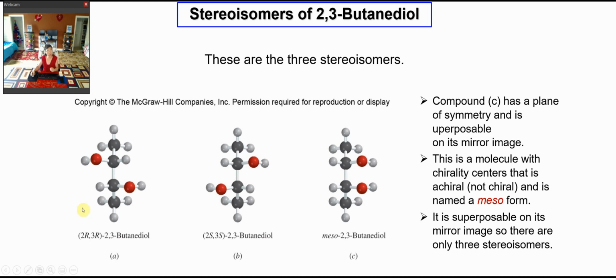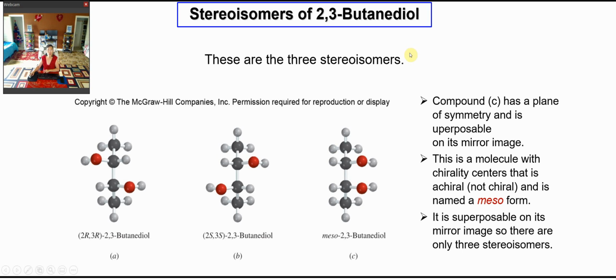So why don't you have 2R3S and 2S3R? Why not? The compound has a plane of symmetry. If you have a plane of symmetry, this molecule will be superposable on the mirror image. So therefore, this whole molecule, even with its chiral centers, we consider achiral. This molecule, you name it as a meso form. Therefore, you have only 3 different isomers for these